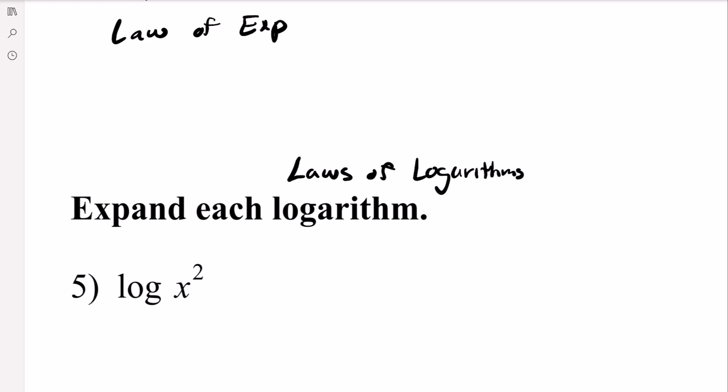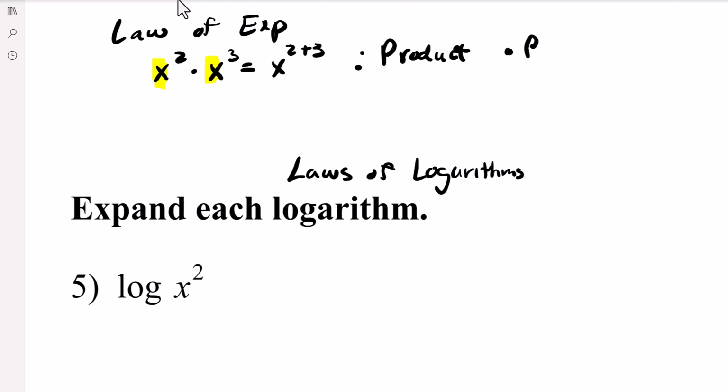So when you multiply powers of the same base, these are the same base. When you multiply powers of the same base, this is called the product rule. When you multiply powers, you add exponents. When you divide powers,